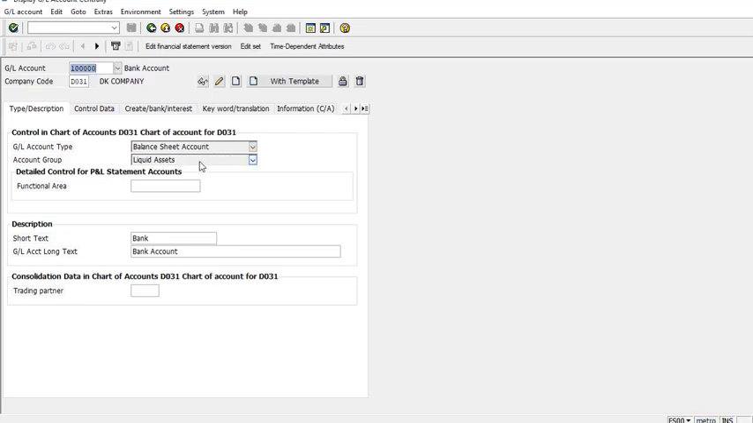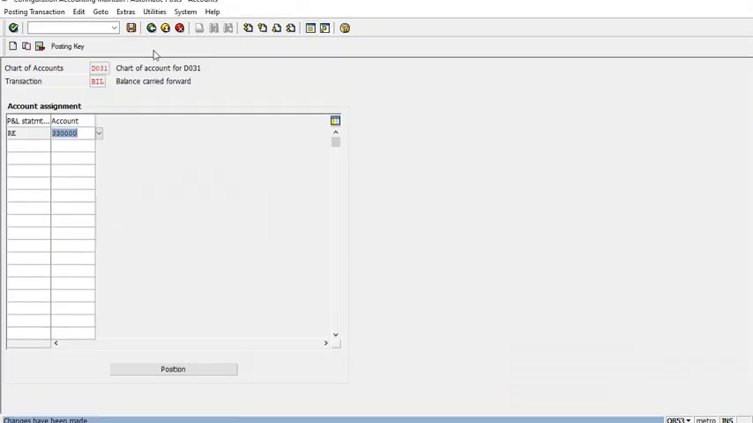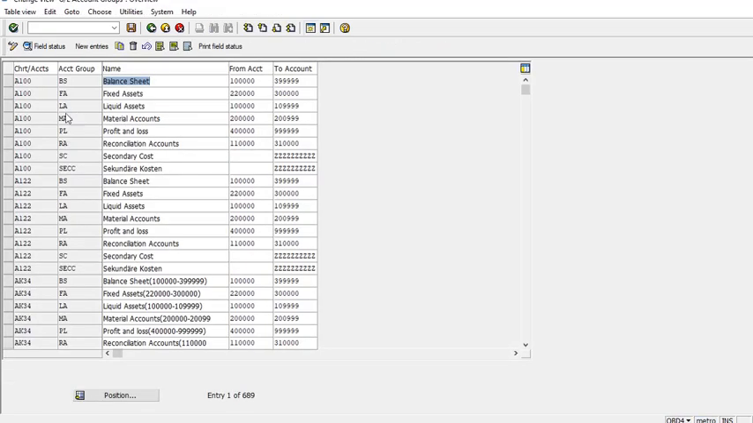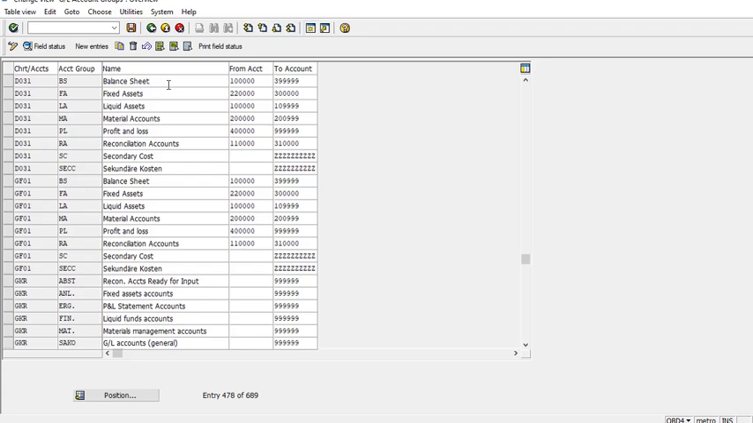See, there are no account ranges coming. So I believe, go back, define account group, go back. Find your company, it's D031. This is balance sheet, so you can write from this account 100,000 to 339, it is allotted to balance sheet. For fixed asset, it is 220,000